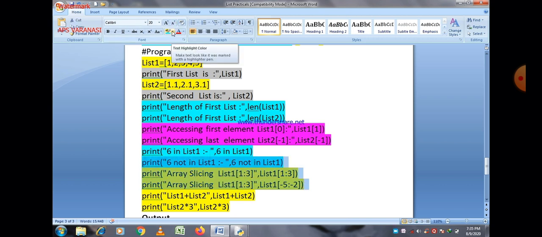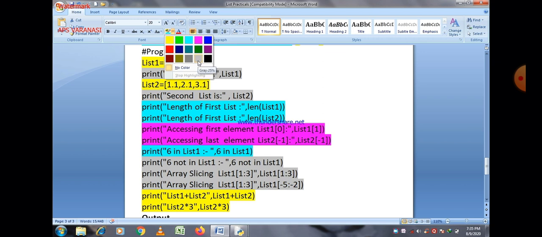And then there is an example of slicing. In slicing, always remember that two values are given within the square brackets. The first value is the start value and the second value is the last value. And always remember that the last value is always excluded. It means it is not counted at all. And you can define slicing of a list using positive numbers as well as negative numbers, it means using negative indexing and positive indexing also. And always remember that the last value is not included in any case.